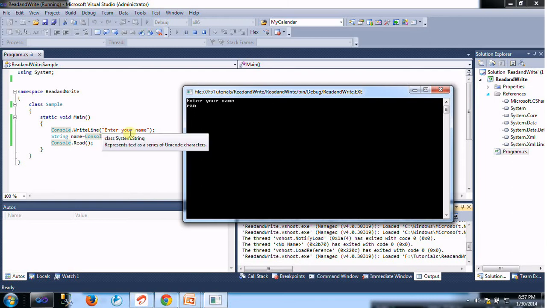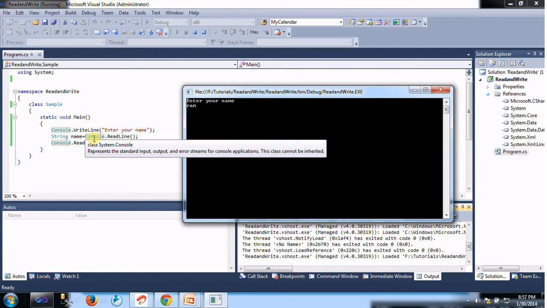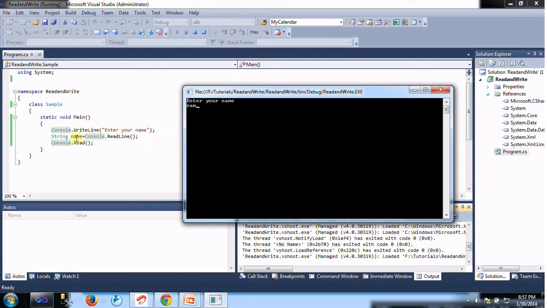My variable has the value ROM, and I want to print this value onto the console application. How to do that?